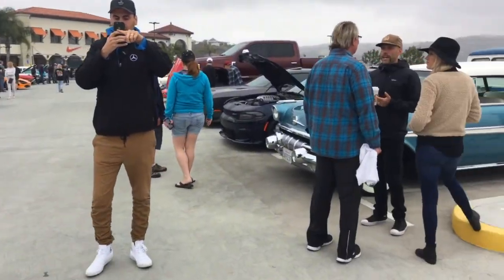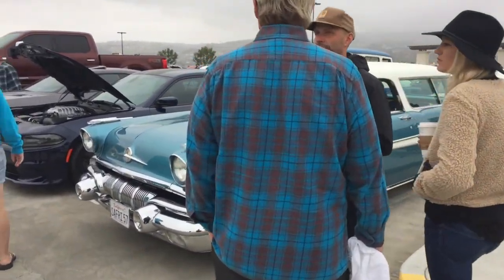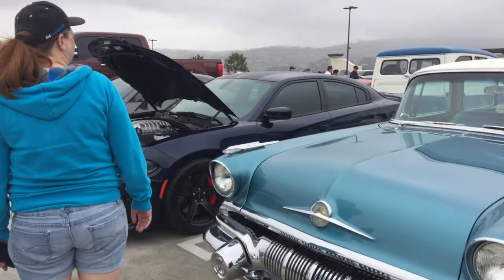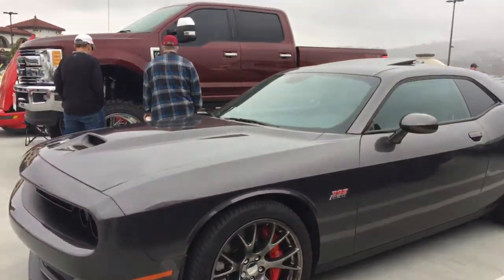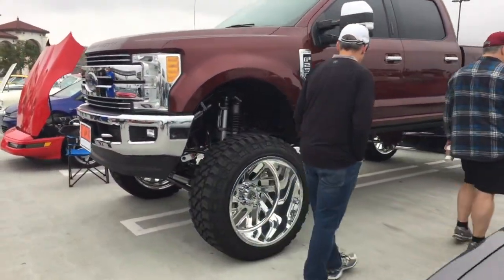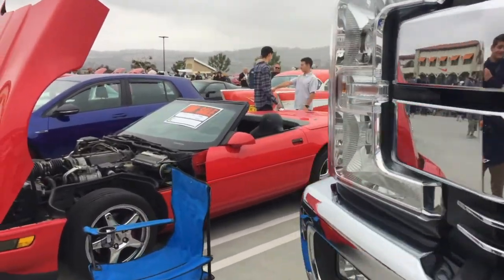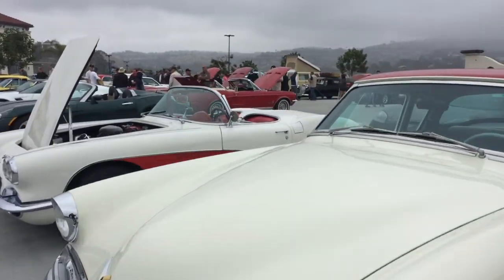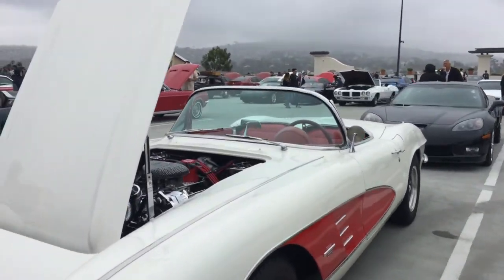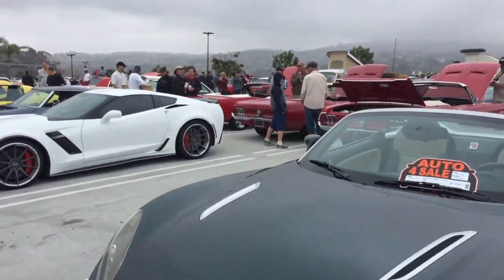So as we move along, we've got the Safari sitting here, great looking 57 Pontiac Star Chief. Next to it a Hellcat Charger, a Challenger truck with a F250 with a little bit of a lift kit on it, a little bit, Corvette, little Volkswagen, Studebaker, how cool, love the red roof on it, Corvette, and for sale, little Saturn,